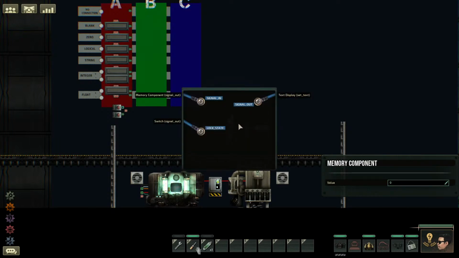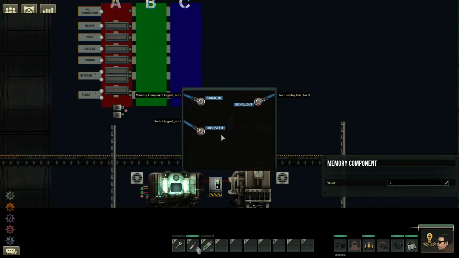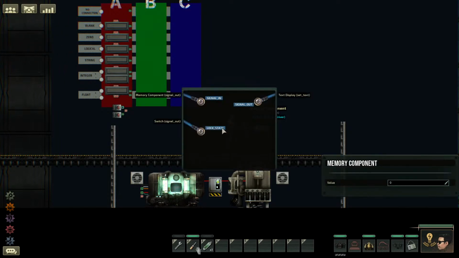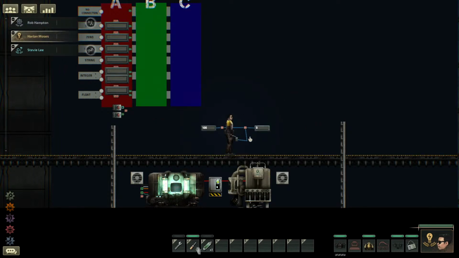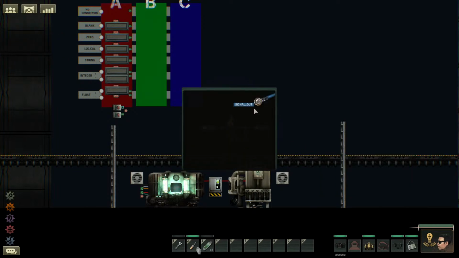Now, very, very, very important note, okay? By default, the lock state of the memory block is open. So you don't have to put a switch on it to let everything change. It'll store the value of the last value received when there's not something connected to the lock state, right? However, currently this is locked. I'm going to disconnect this here,